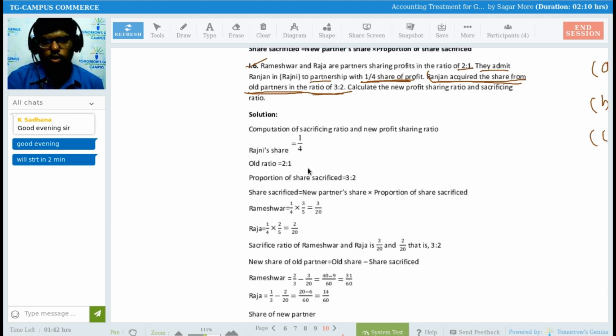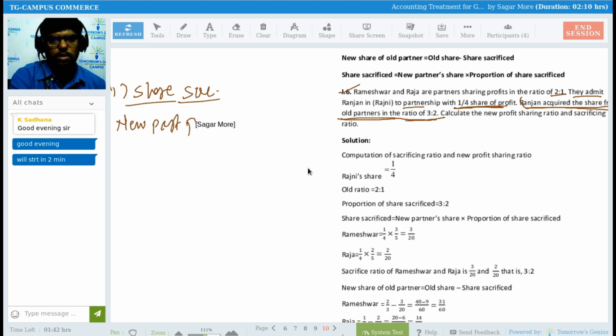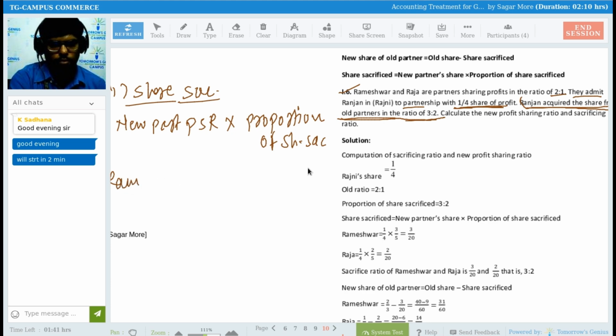Please help me in solving. What will you do as the first step? Tell me. So we have to calculate share sacrifice. The formula is new partner profit sharing ratio multiplied by proportion of share sacrifice. I need to do this for Rameshwar and for Raja. So the new PSR of the new partner is how much? 1/4. So 1/4 multiplied by